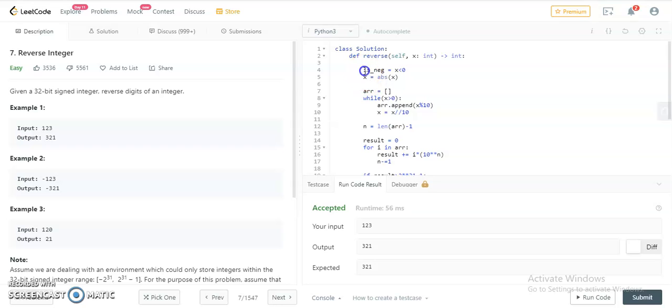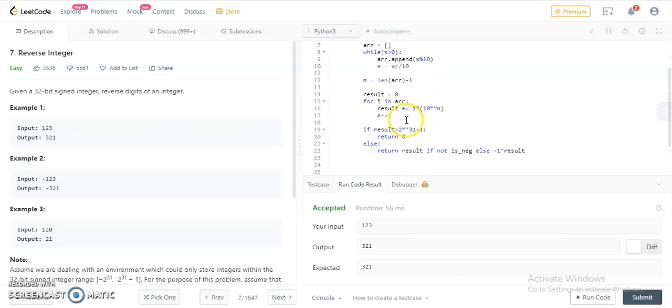What we have done is we check whether our integer is negative or not. If it is negative, then we took the absolute value of it. Now in the array part, we were just storing the least significant digit every time. So in the array, if the input integer was 123, then we were storing 3, 2, 1, and while iterating through the array, we were multiplying 3 with 10 to the power n minus 1, that is 2, then 3 into 100, 2 into 10, and 1 into 1, that would be 321.